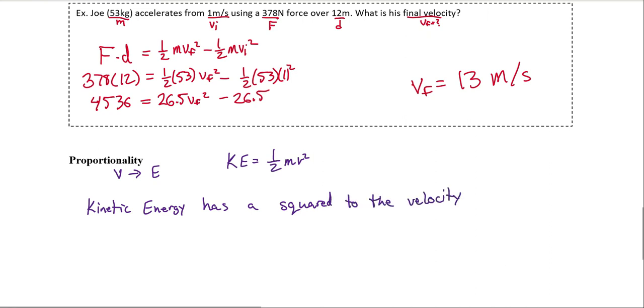And we can see that because of that square on the velocity. So if I were to say I double my velocity, what does this do to my energy? Well, double means times 2. And we have a squared relationship. So times 2 squared means